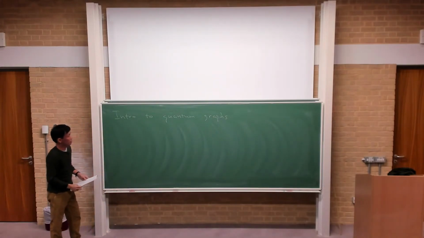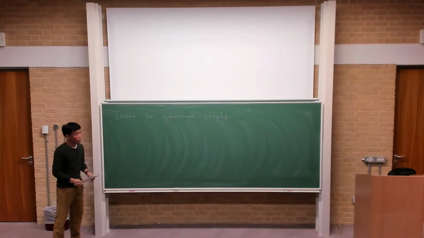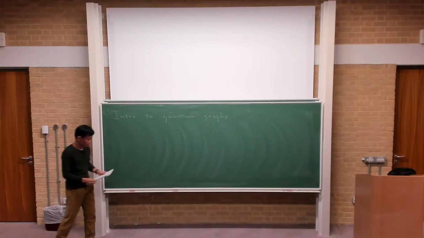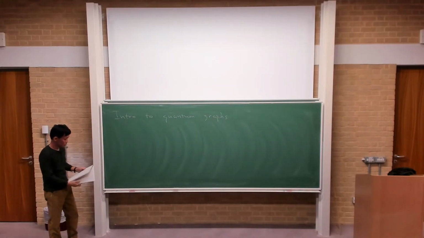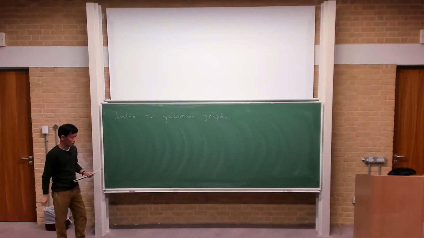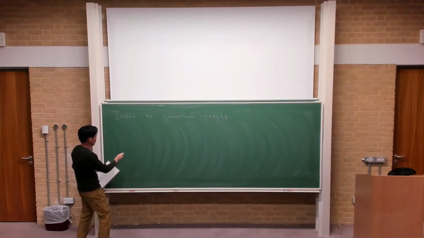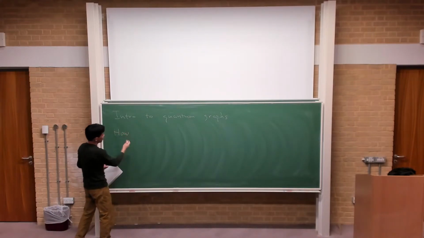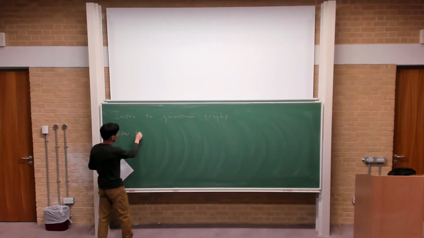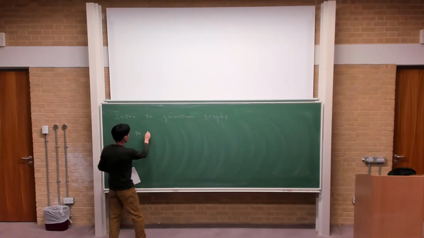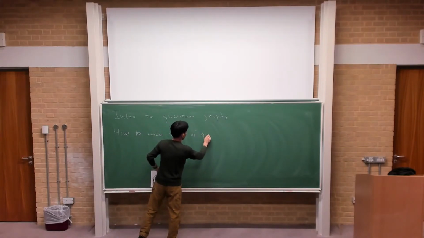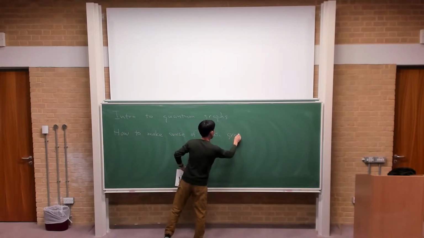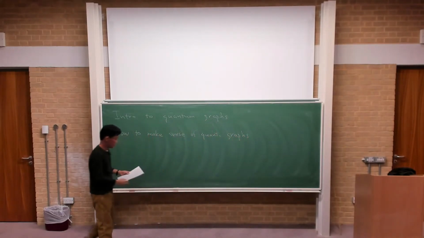Anyhow, so let me start with some basic definitions about what quantum graphs are. It came from several different fields of research, so there are many different viewpoints, and also in a way different goals. If you look at how to make sense of quantum graphs in the first place, there are actually two different ways to do that. The first way, or more like first ways,